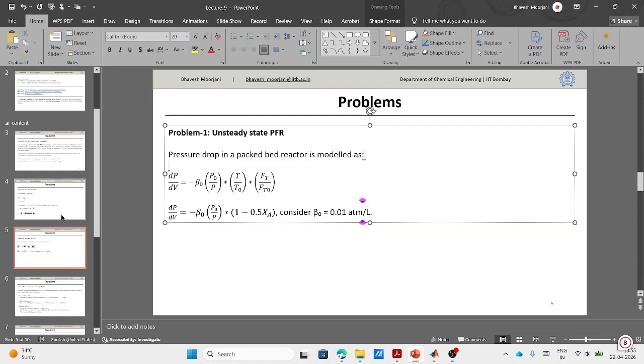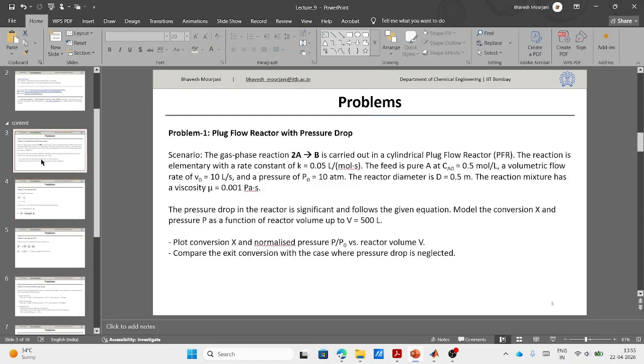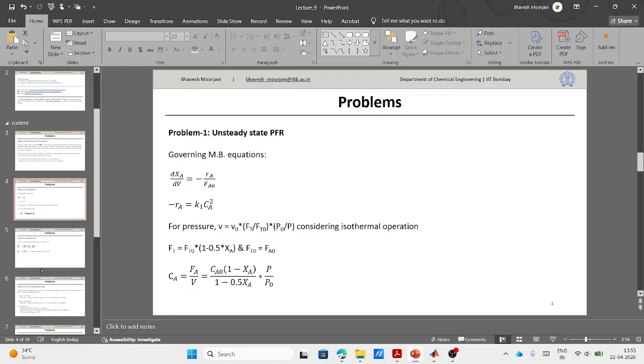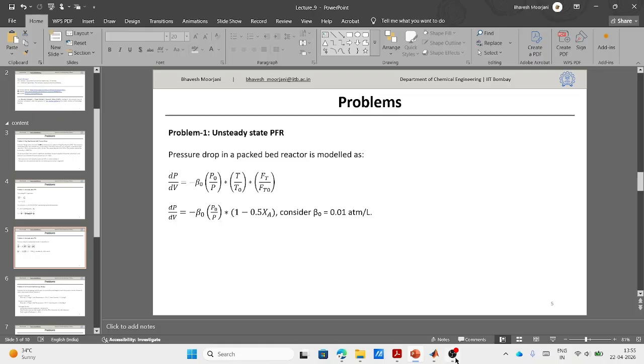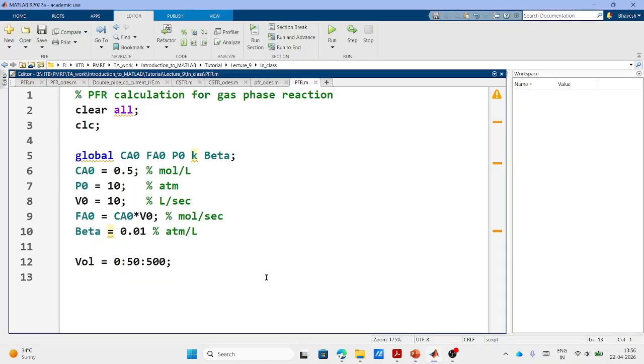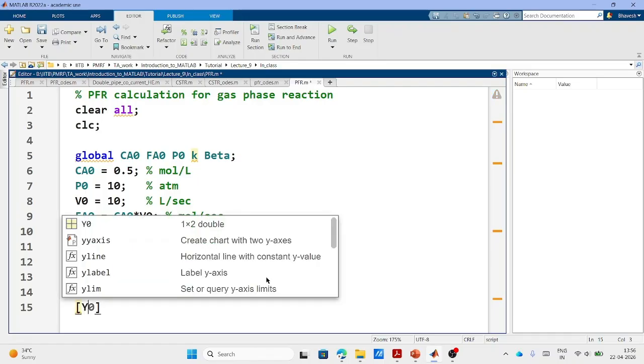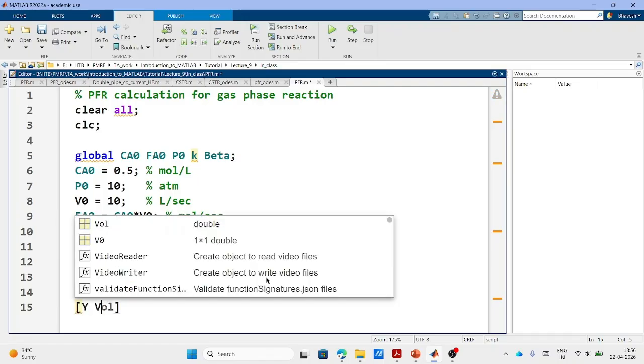This will become our span. CA0 becomes our initial value, and P0 becomes our initial value. So my Y0 is the initial value, that is CA0, then P0, correct? Now I can find the solution, which says Y versus V